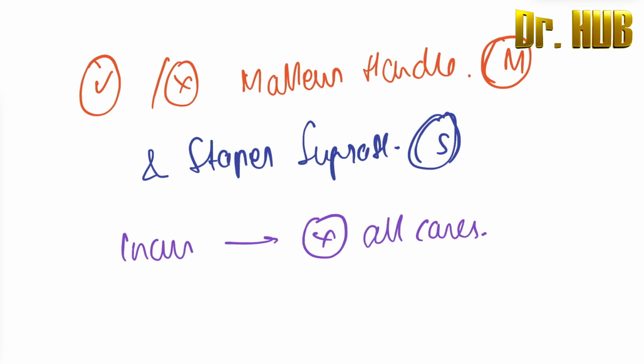Now let's look at the types and the structures. Here we have the types A, B, C and D. So let's look at A. In terms of A, the malleus handle is positive, so M plus. Then looking at the stapes suprastructure, this is S plus. So the reconstruction will be by the